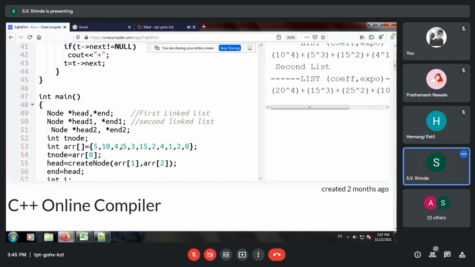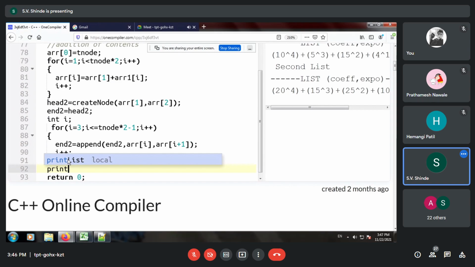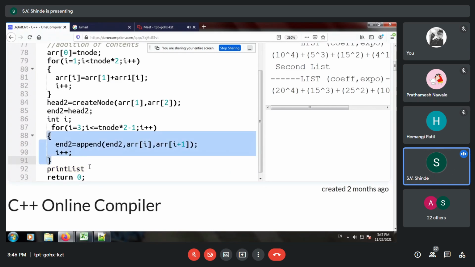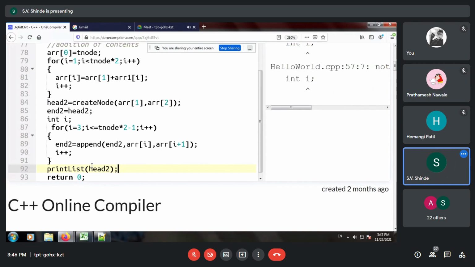So over here we have second head, that is head 2 and end 2. Finally we are appending it to end, and after that we are using print list function, and the parameter to the print list is nothing but your head 2. And let us check whether we get the updated result. Okay, so here no int is required.